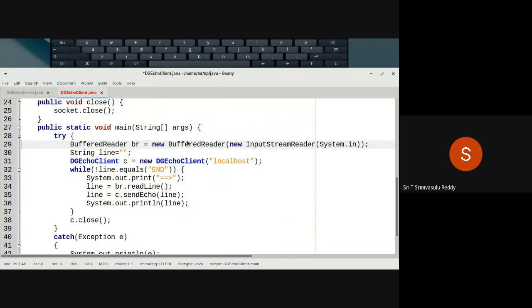IPCs: your semaphores, shared memory, and message queues. Those three mechanisms of inter-process communication. We will have to try to understand those concepts, how to develop programs, all that, in the next class.